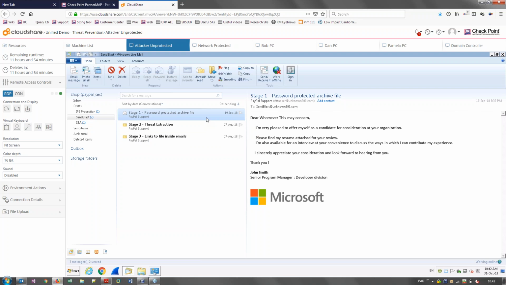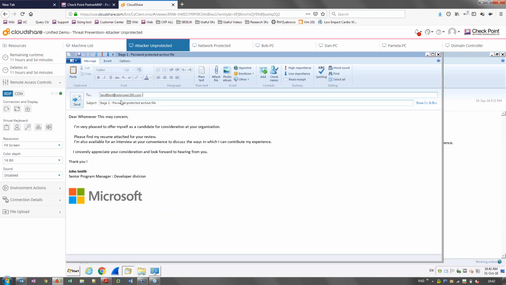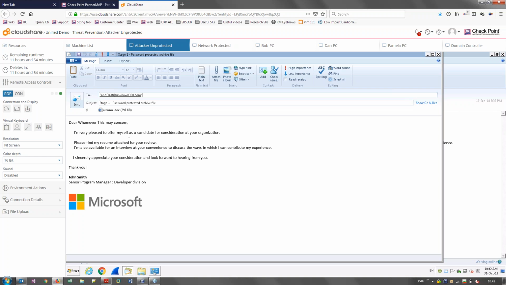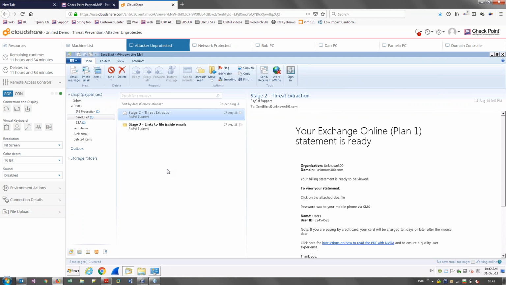So having created a brand new variant of this piece of malware, I've now got the ability to attach a file to this email. So if I open that email draft, and then we can attach a file to it, we can see that resume.doc was created today. So that is the new variant of the file that I've just made. If I attach that file and I send that,